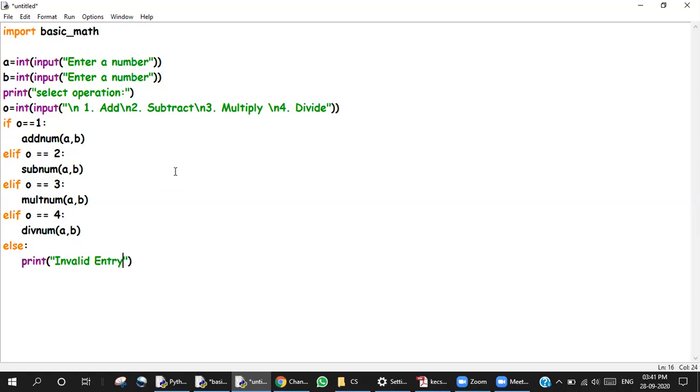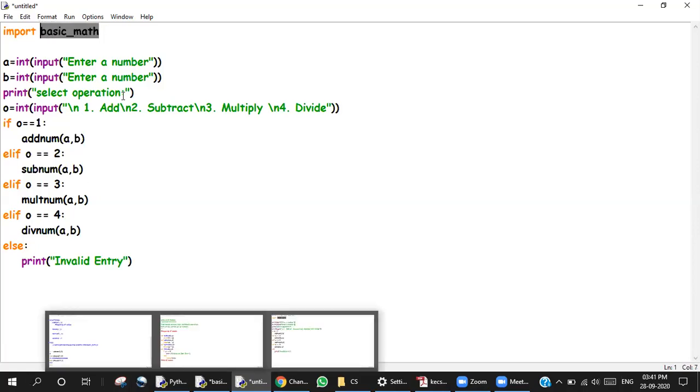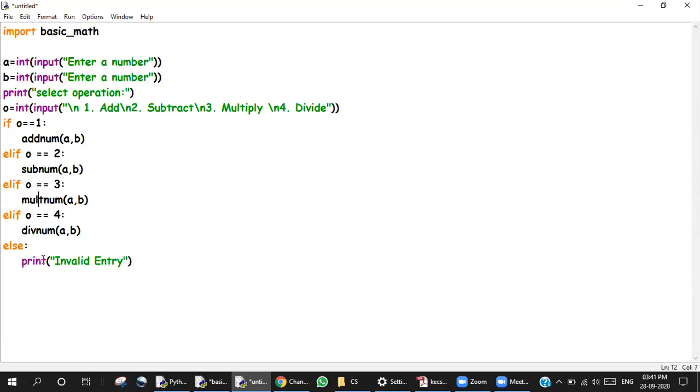Okay. So this I have done. I have imported an entire module over here and I'm using all the 4 functions depending on the user choice. If you remember, we had done something like this before, and of course our program was longer than this. I hope you will be able to understand the application of modules over here so that if you make a program, you can use it in another program. Let's run this and check.